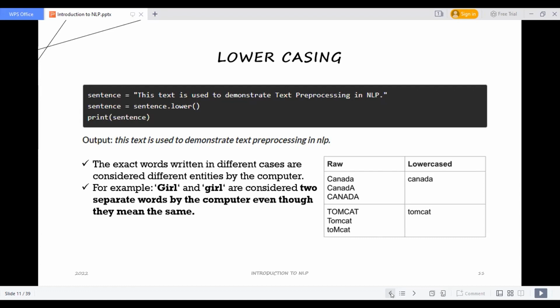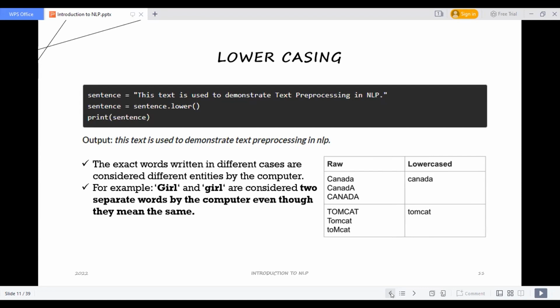So the very first step in this pre-processing of NLP is to convert everything to lowercase. On the slide, we can see the example very well. The name of the country, Canada, is written in different ways, and we will convert that to lowercase.